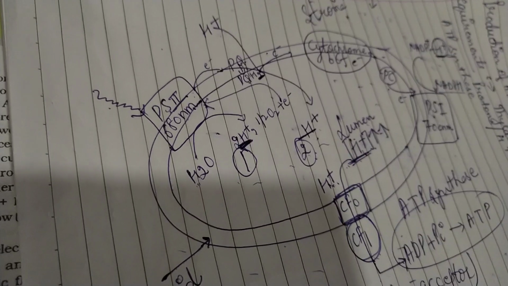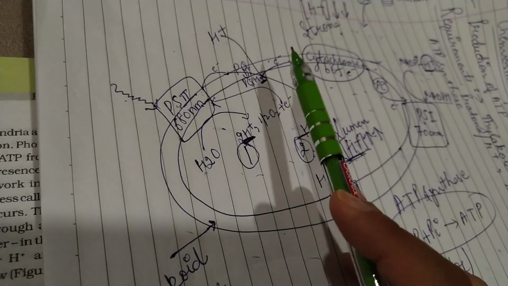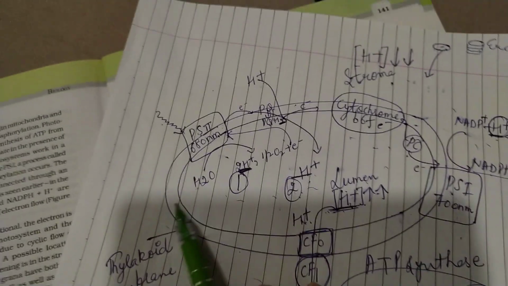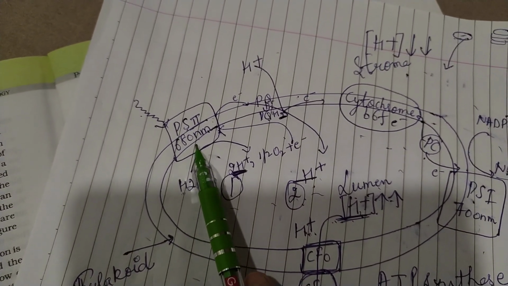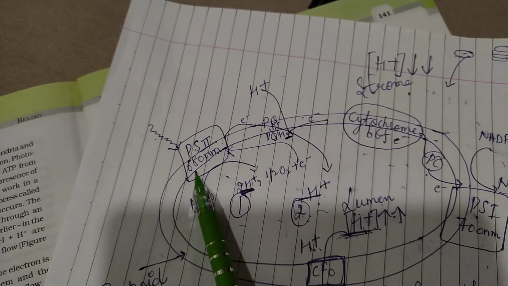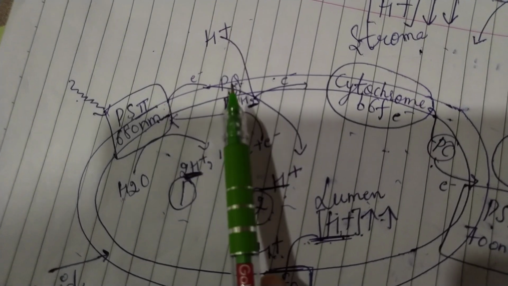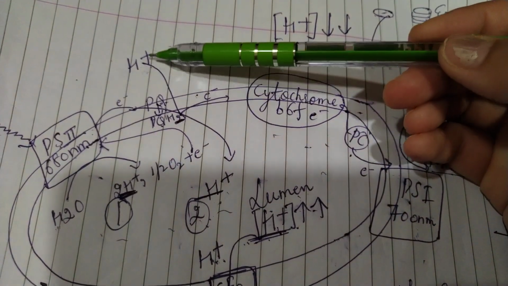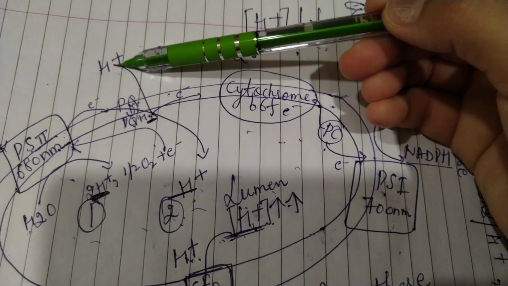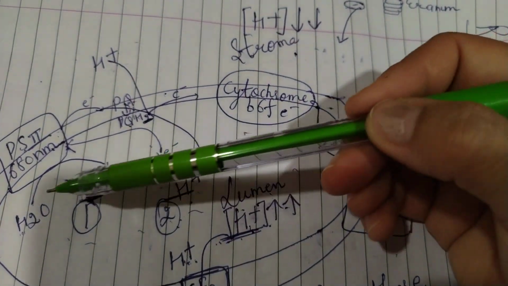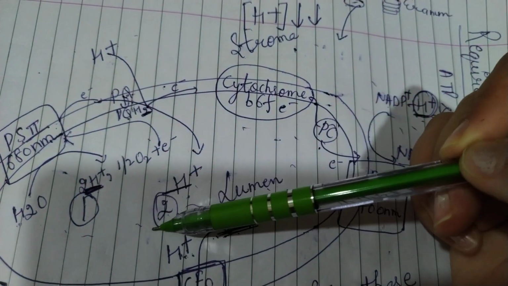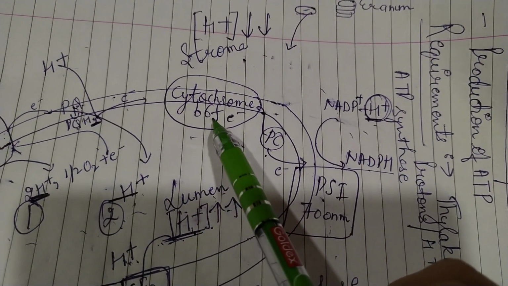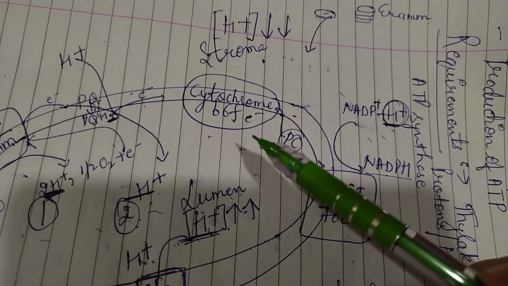I'll repeat again. You have thylakoid membrane and you have stroma, right? In the thylakoid membrane you have photosystem 2. फोटोसिस्टम 2 पे जब लाइट फॉल करेगी इसके इलेक्ट्रॉन एक्साइट होंगे, they will jump from lower to the higher energy state and they will be accepted by the electron acceptor, that is plastoquinone. While the electrons are accepted by plastoquinone, the hydrogen from the stroma will be pumped into the lumen. तो एक तो ये स्टेप हो गया जहाँ से ल्यूमन के अंदर हाइड्रोजन आ रहा है, एक यहाँ वाटर की फोटोलिसिस भी हो रही है, उससे भी यहाँ पे हाइड्रोजन अंदर एक्यूमुलेट होता जाएगा, तो ल्यूमन में हाइड्रोजन की कंसंट्रेशन बढ़ रही है. These electrons are then given to another electron acceptors like cytochrome B6F, plastocyanin,